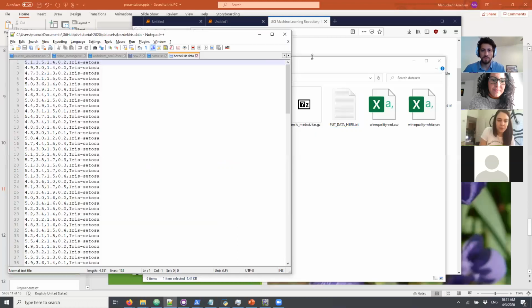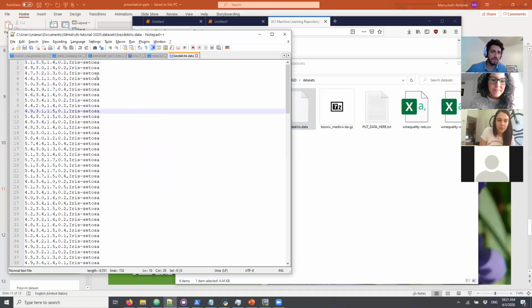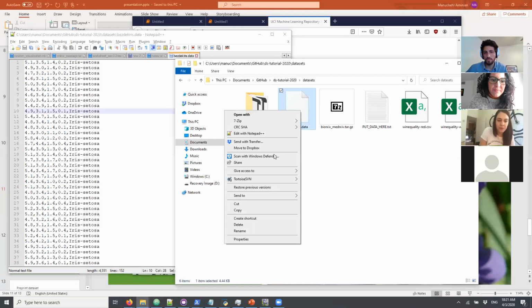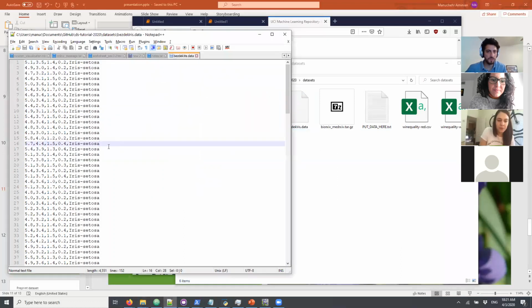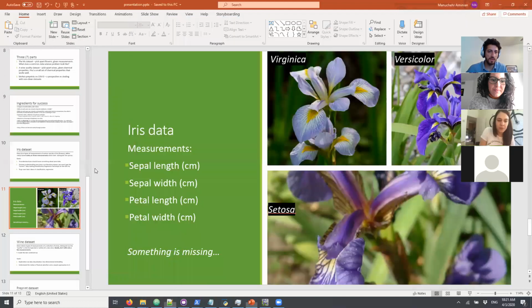In this case, we lucked out, meaning that I said open in Notepad++. That's my text editor of choice for the moment. And what I got out of this was a collection of rows of things. You'll notice there's numbers 5.1, comma, 3.5, comma, 1.4, comma, 0.2, comma, and then this looks like the type of flower. And so if we compare it to what I've already told you, meaning there's these 4 measurements,